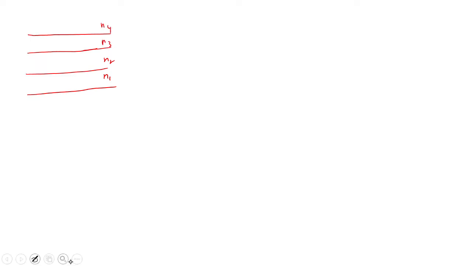So we were looking at ray paths in an inhomogeneous medium, and we considered the inhomogeneous medium to be made up of several slices with varying refractive index n1, n2, n3, n4, so on and so forth. And if I consider a ray of light that is going from n1 at an angle theta 1, and say it is incident at an angle phi 1,